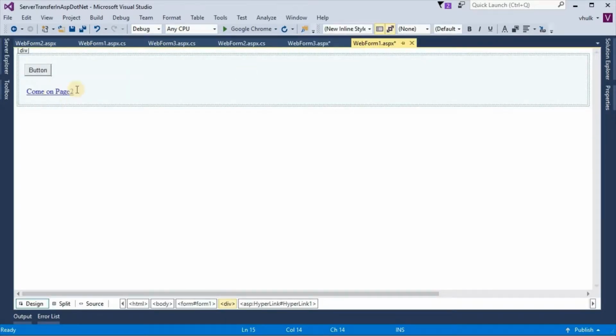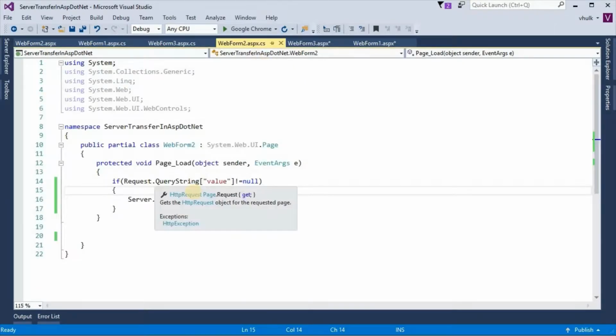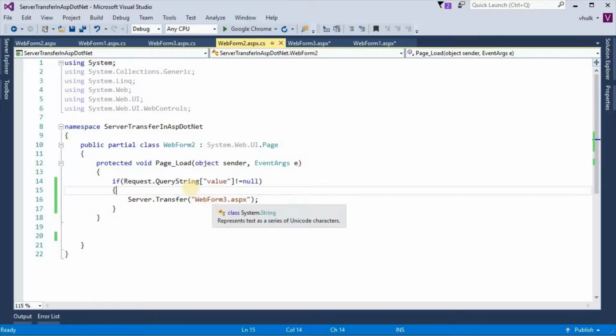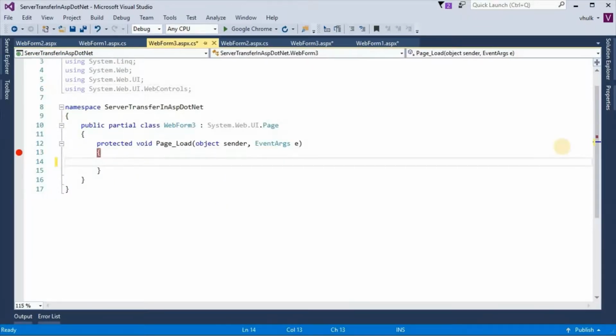When we click on this hyperlink, then in page load event query string value will be checked, and then server.transfer will happen. And in webform3.aspx, in page load event of webform3.aspx,